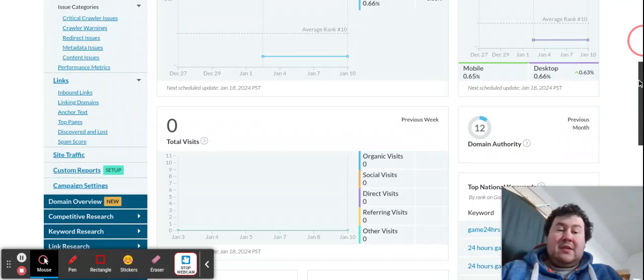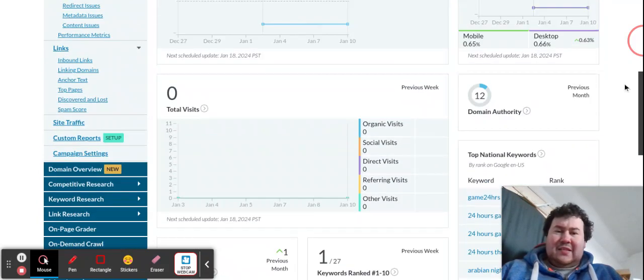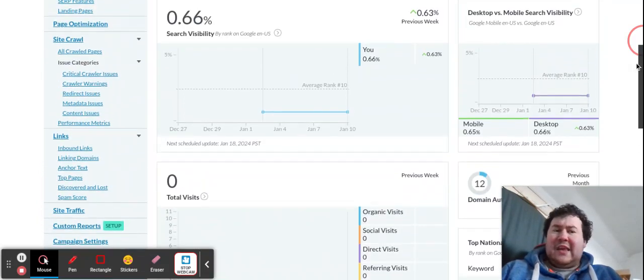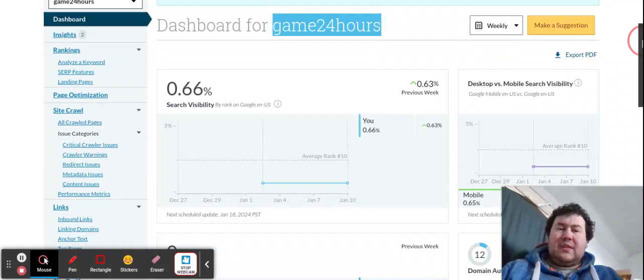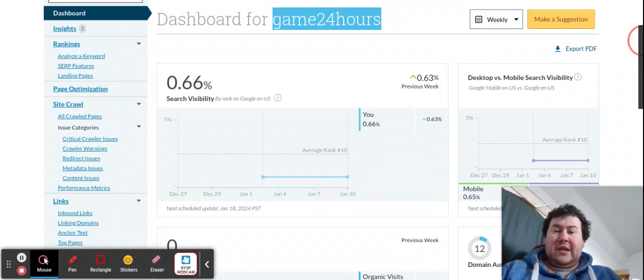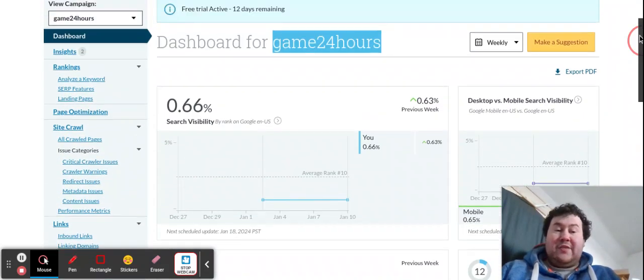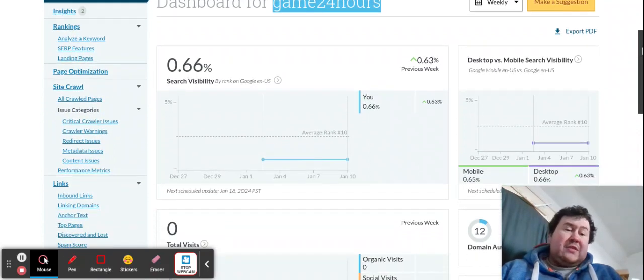When we get up to 20, we might find, according to them, I know this is wrong in stats, given it's actually a lot more, but let's just say it is right for example purposes, if we get up to 20, we might find our visibility is, say, 1, 2, 3 percent, it doesn't really matter. Or we might in reality go from 100 traffic per month to, say, 1,000, 2,000, whatever it may be. This of course depends on different factors, but that's the simplified way to understand. So use the data you're seeing about sites to help you gauge how you do your link building. So in this case, we'll be focused on game 24 hours, exact match.